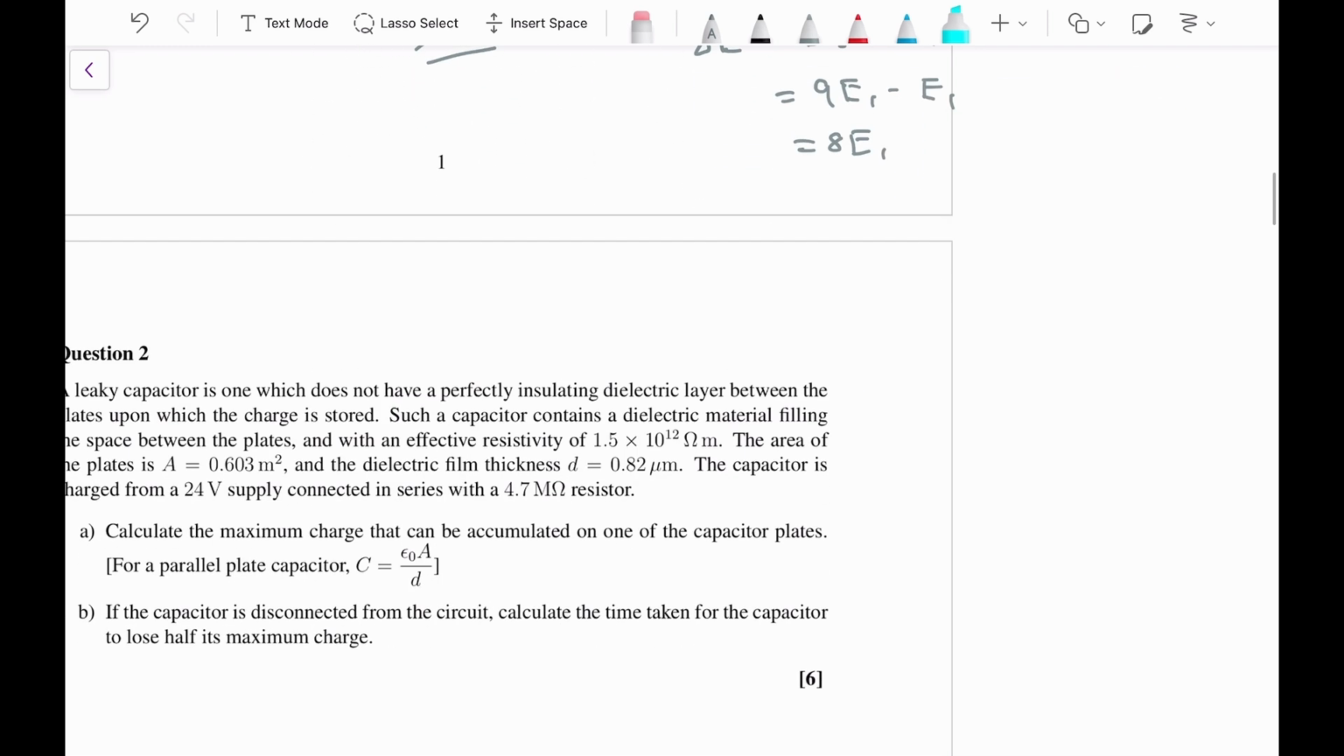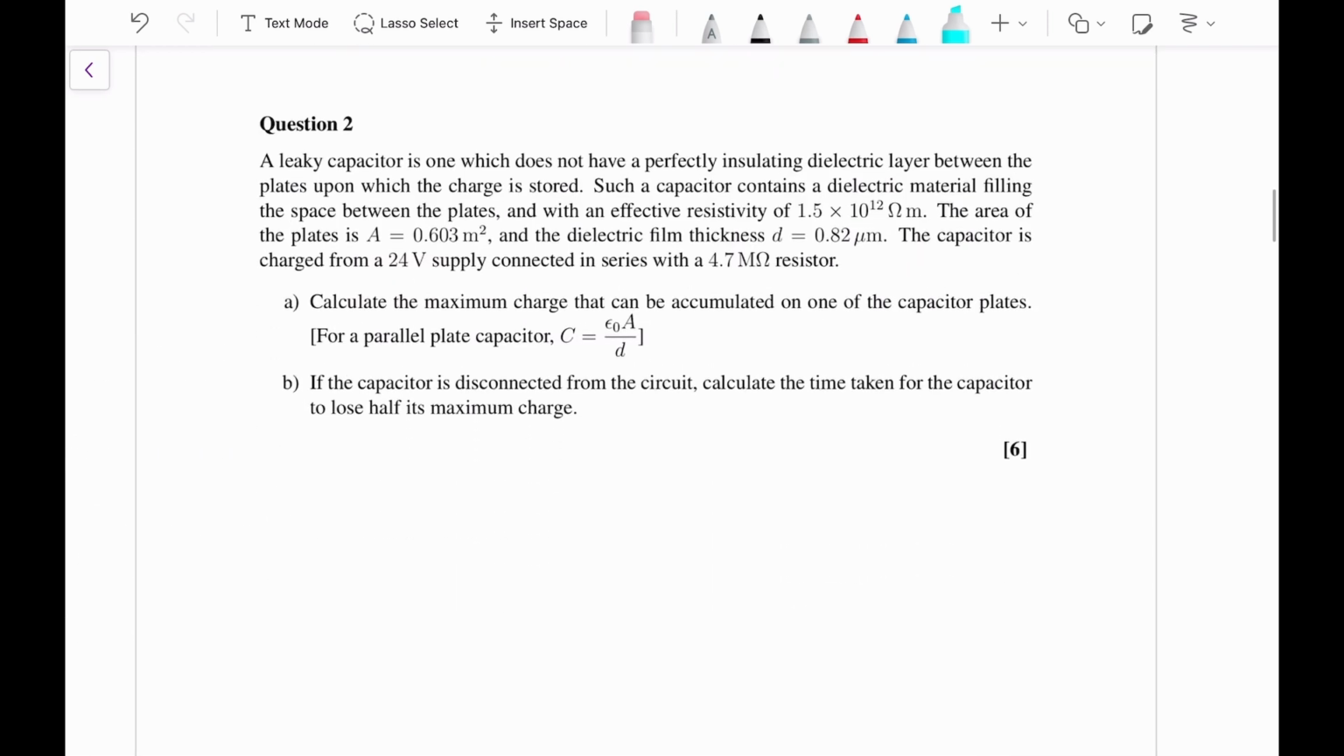Now let's see the second question. It says a leaky capacitor is one which does not have a perfectly insulating dielectric layer between the plates upon which the charge is stored. So it is basically a capacitor with a dielectric material in between, and such a capacitor contains a dielectric material filling the space between the plates, with an effective resistivity of 1.5 times 10 to the power 12